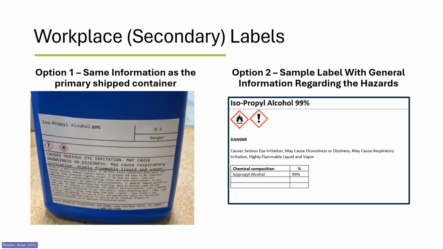Good secondary container labeling is crucial for safety and proper chemical handling in the workplace. Some things to consider when developing your labels are clear identification of the chemicals, including appropriate and recognizable hazard warnings, such as the pictograms, signal words, and hazard statements, and legibility and durability, such as the use of water-resistant and chemical-resistant labels, which will not wear off.